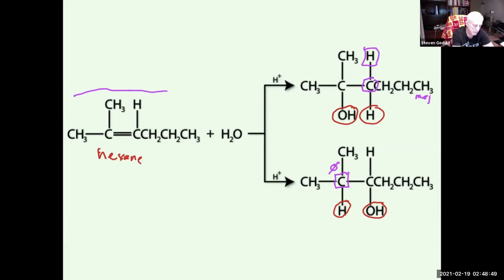Number 2, so it's 2-hexene. And there's a methyl group at number 2 also. So 2-methyl-2-hexene. That's what we're starting with. And we're going to end up with,